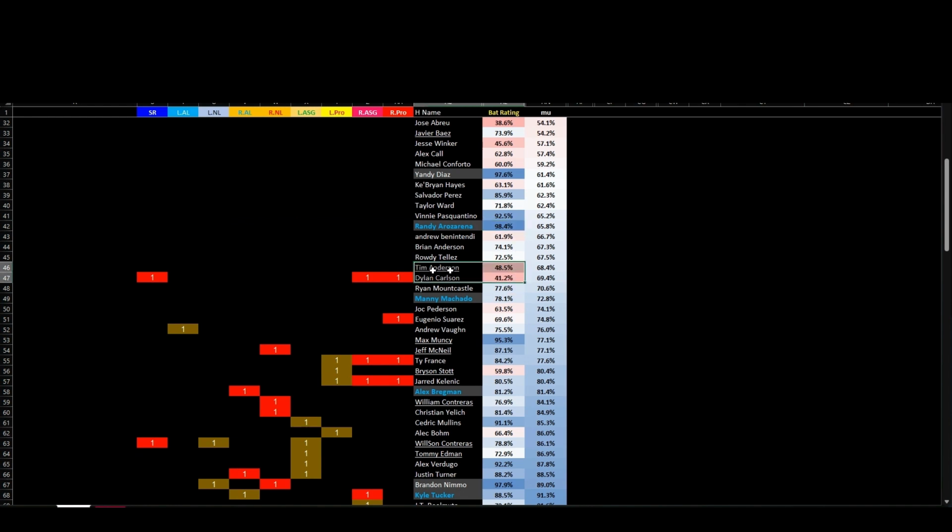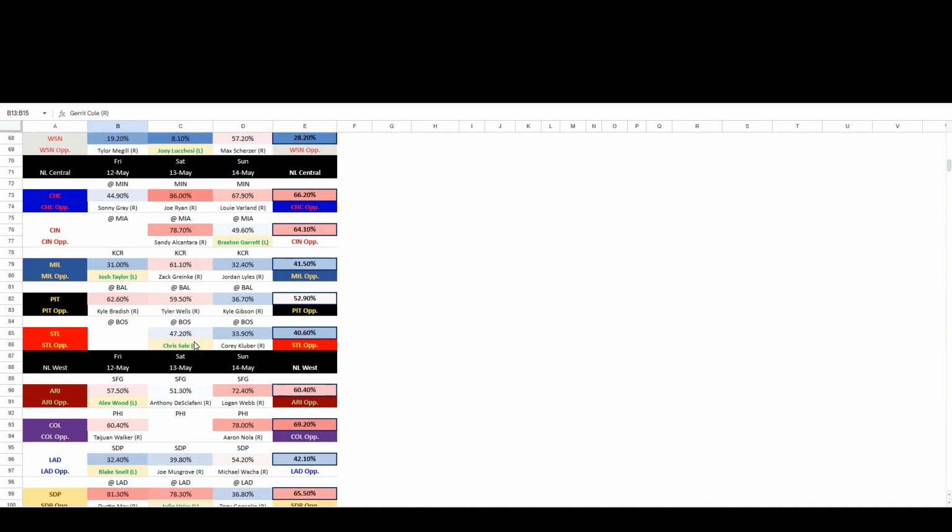Unlike, so let's take a look at one of my priority people, a right-hand bat. In this case, Dylan Carlson of the St. Louis Cardinals. His bat rating is low. I should not want to play him unless the matchups are that good, which it's not that good, but he's the best that I have in terms of taking advantage of, going back to the pitcher grid,